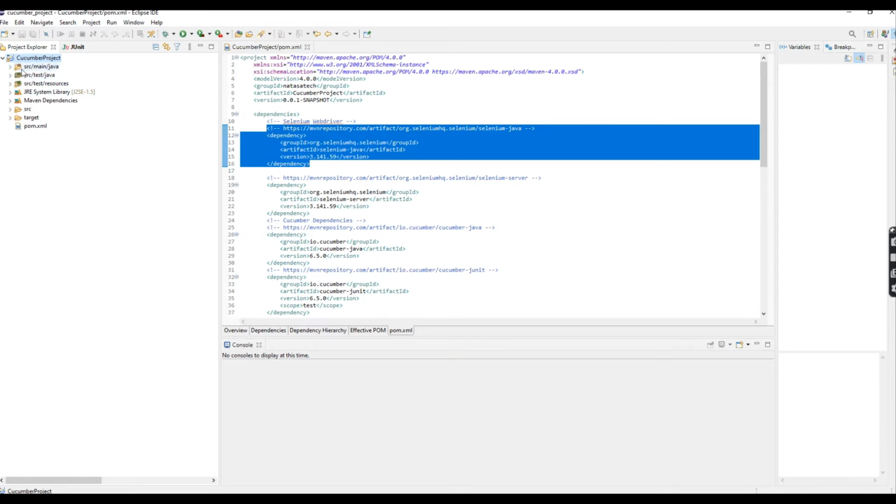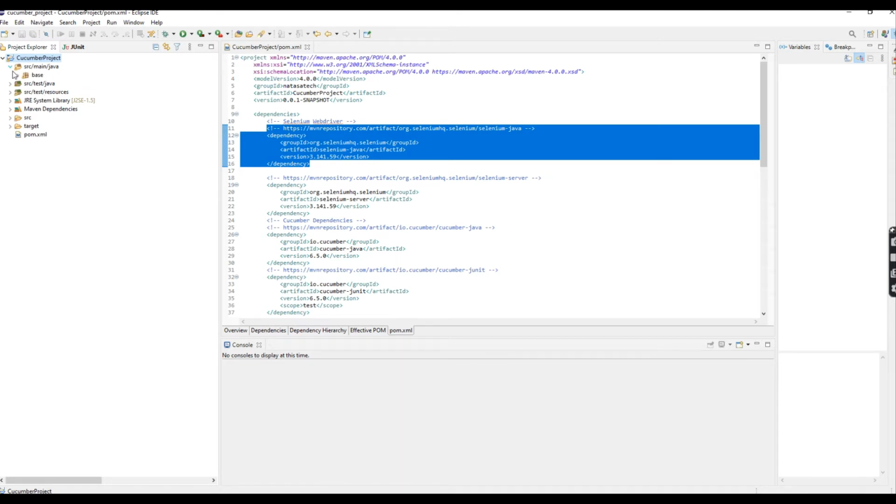Okay, so what is src/main/java? Here we are going to create the main class or main Java class, which is considered for a Java project. The next is test/java. Here we create all the test class files. And what is test resources? Here we are going to create folders. If you want to create a driver folder, you can keep the driver inside the driver folder, and we can create a feature folder. So we have to create the feature files under this feature folder. Okay. Now we can see one by one.